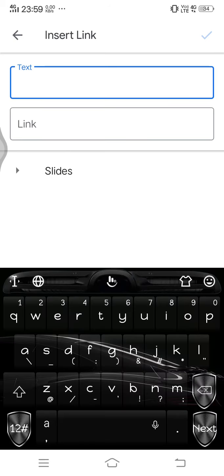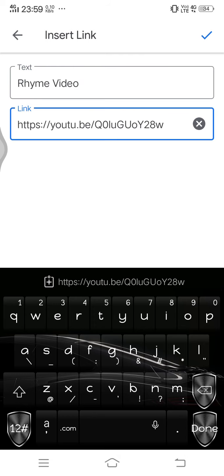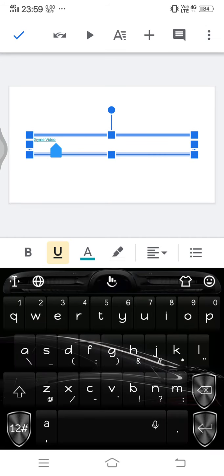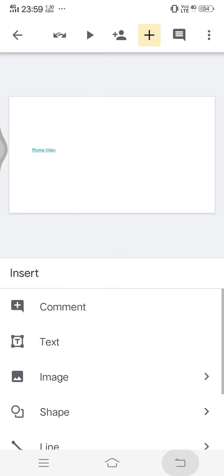Once you press this, you'll have two options to add a text. So rhyme video, you can press this rhyme video. Okay, so what will happen is down you will get some search results. Don't go through that, not necessary. You can just long press and click paste. Automatically your YouTube link will get pasted here. You can press the tick button. Now if you want to edit this, as usual I told you how to do it. So we're going to see how this is done once again.